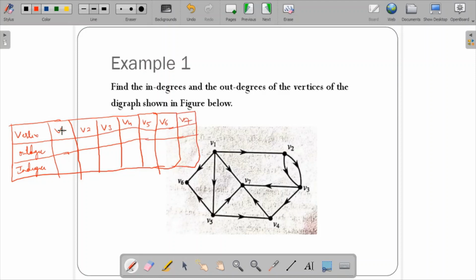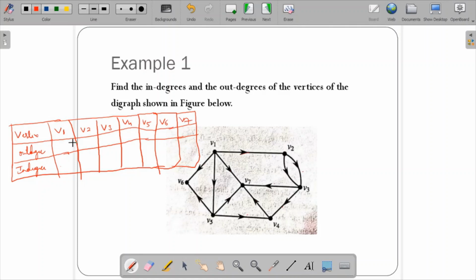We'll see what the out degree and in degree are for each. The given diagram has totally 7 vertices, and if you count, 1, 2, 3, 4, 5, 6, 7, 8, 9, 10, 11, 12 edges. 12 edges. So you're going to calculate the out degrees, and then the in degrees, and each sum is equal to the total number of edges in this particular graph.